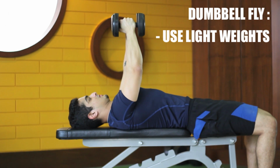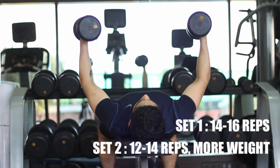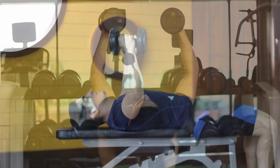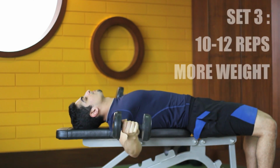In the first set, you select a weight such that you can go up to 14 to 16 reps. In the second set, you increase the weight slightly and go up to about 12 to 14 reps. And in your third and final set, you increase the weight a little more and you go up to 10 to 12 reps. So 3 sets of free dumbbell flies are good enough, but from a bodybuilding perspective, we want